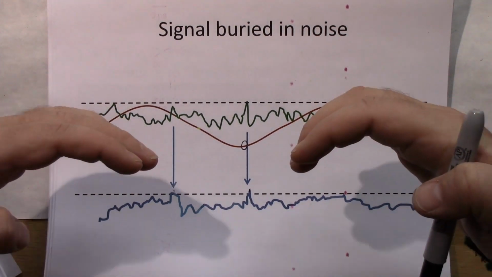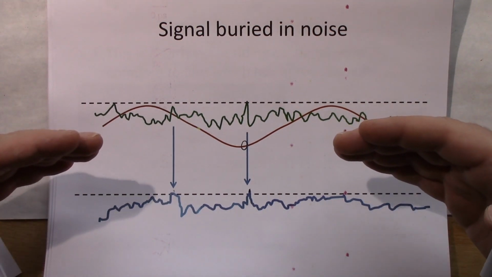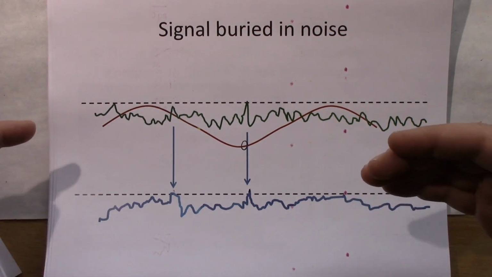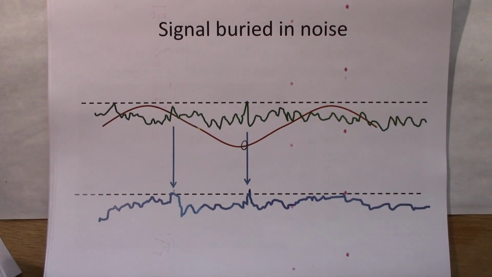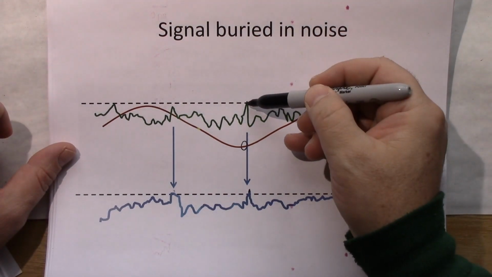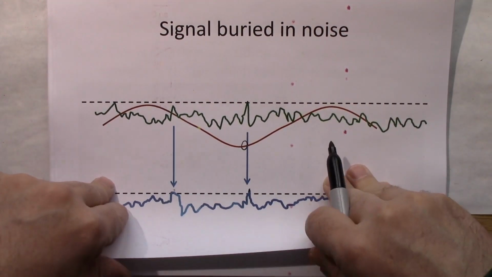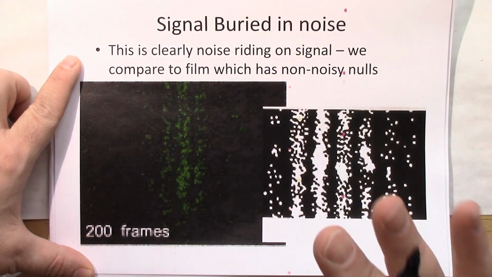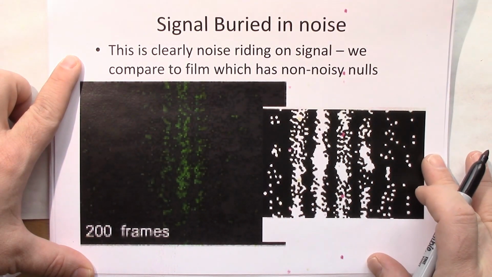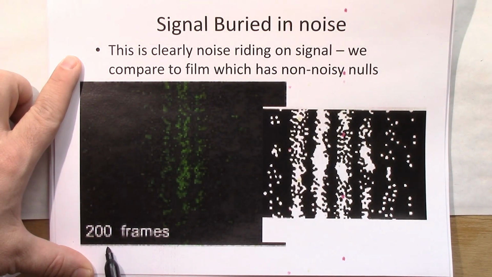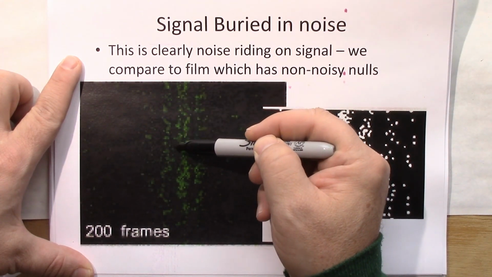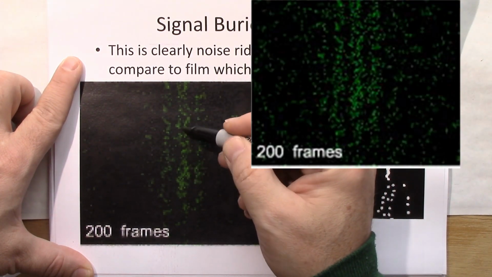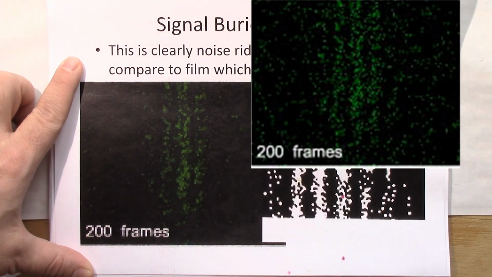And what they have is noise riding on top of their signal. And all their signal is going to do is push the noise up into the detection range and make it look like they have a particulate nature, a particulate detection. But the key here for us is they should also have noise coming up where they should have nulls. And we can see that. Oh, it's harder to see on this one. But if you go and look, I'll put the link down for it so you can look at it in closer detail. Look at the 200 frames, and you'll see down in the nulls there are spots in between where the wavefronts are peaking. That is clearly an indicator of noise.